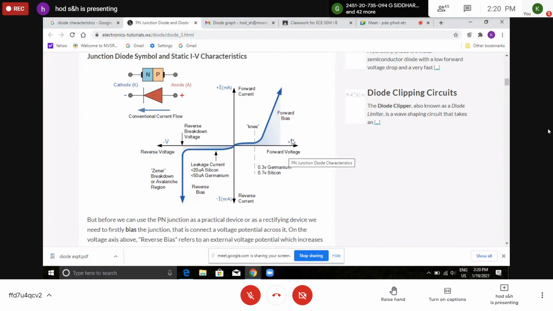You take a graph sheet and divide it into 4 quadrants. For the same diode, forward bias, you take the first quadrant. For the reverse bias, you take the third quadrant and mark the points. Take the scale properly and draw the characteristic curve. For one diode, forward bias and reverse bias go together, don't mix. Forward bias of one diode and reverse bias of another diode should not be on the same graph sheet.